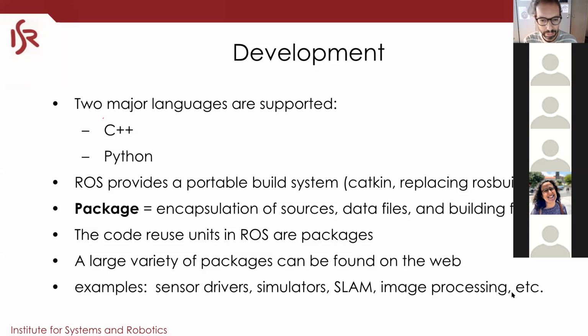A package, as mentioned before, is the mechanism for encapsulation of sources, data files, and build systems. So everything is packages. When you do one project for ROS, you need to create one package for it, and João will tell you all about how to create these packages. The package has all of the source, data files, and so on. Of course, as your project gets bigger and bigger, the idea is typically to split it into different packages, and typically modern complex robot systems, like the robot system of João Velino, the Monarch, the Sokal Petrom, all of that.